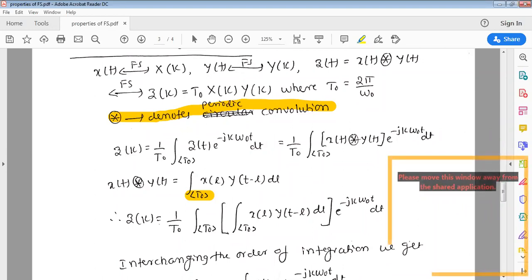Are you able to follow the periodic convolution? Yes, sir. Okay. So it is the same convolution equation, but the only difference is that you have to write it for one complete period. Now what I will do,